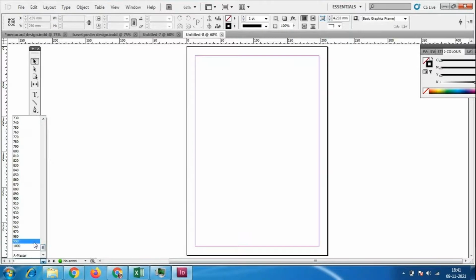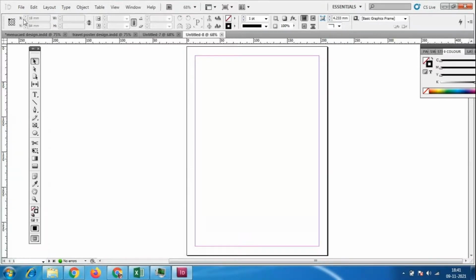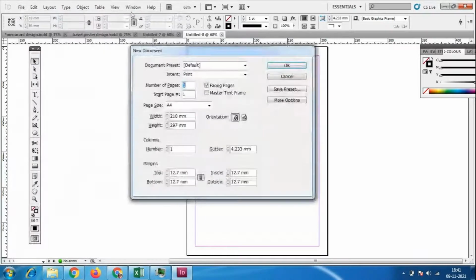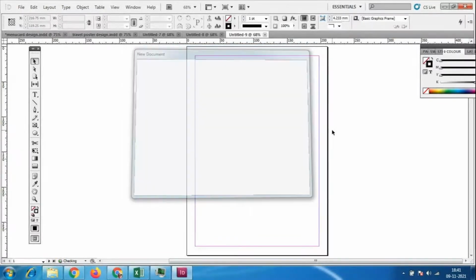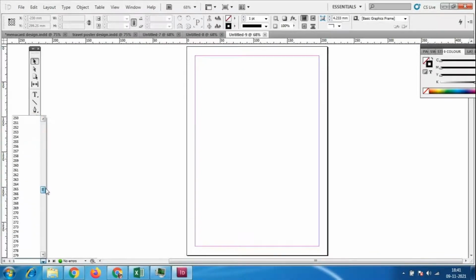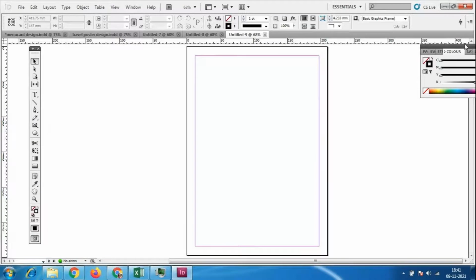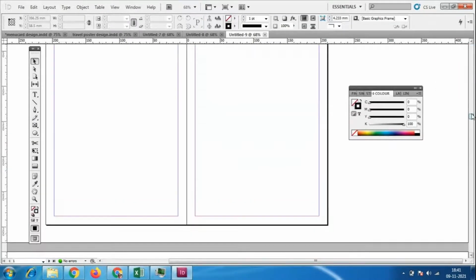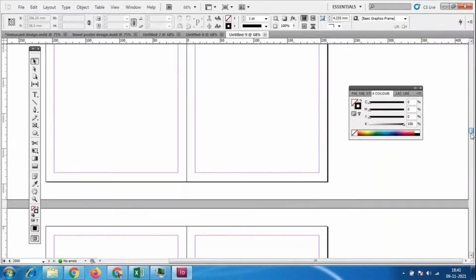So it is added with the 1000 also. How much are you saying? 9,999, or 2,500, or 10,000. I'll give 2,500 and let us see whether it is going to take it, because my system will become slow if I add so many pages. Ma'am, will it differ for different versions, like yours is CS6? Nothing like that, it won't differ.